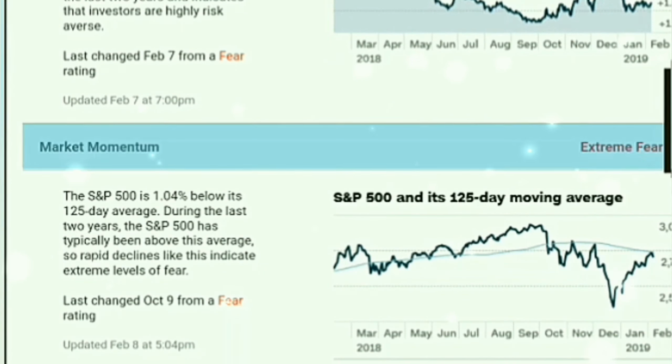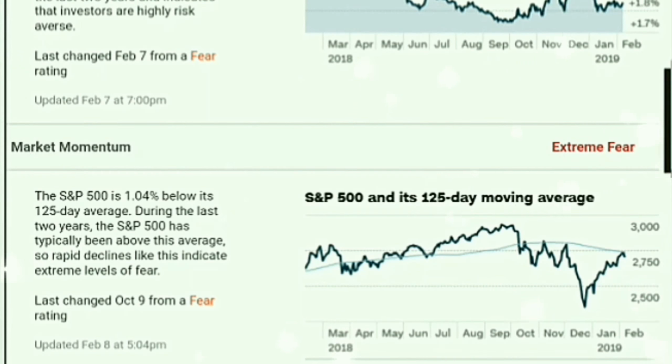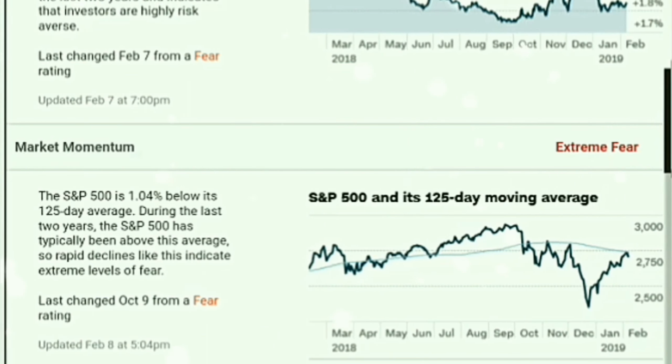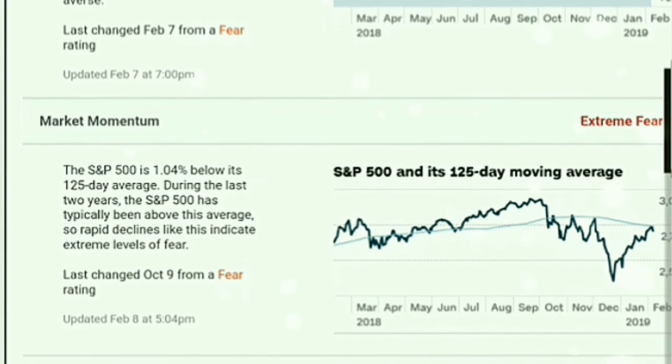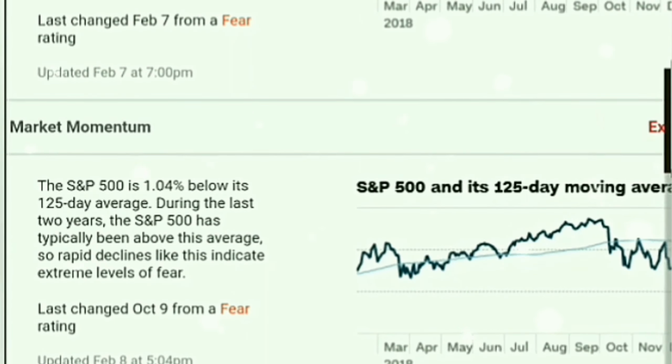And when we look at the junk bond market, the yield spread between junk bonds versus investment grades, investors in low quality junk bonds are accepting 1.74 percentage points in additional yield over safer investment grade corporate bonds. This spread is much higher than what has been typical during the last 2 years and indicates that investors are